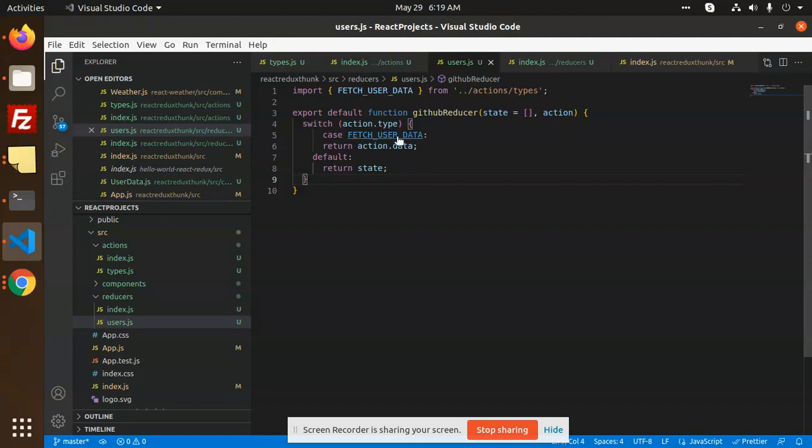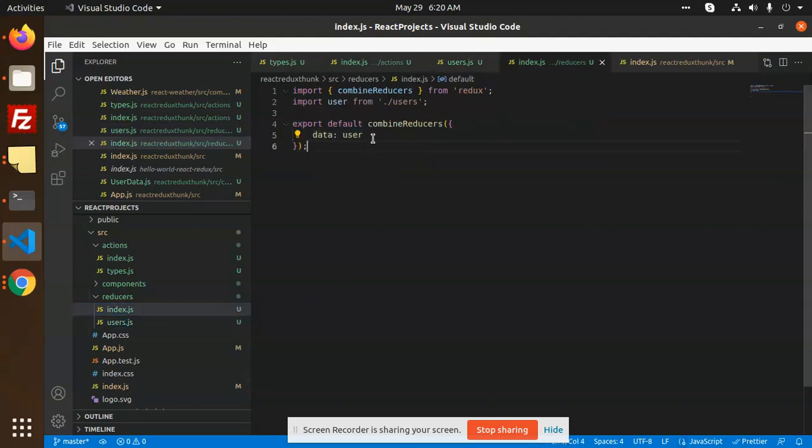So here, for this case, this is basically a users reducer. In the users reducer, what we are doing is just setting the data from your action in the state. So here we have set the data in your state. Right? So in the index you can see that